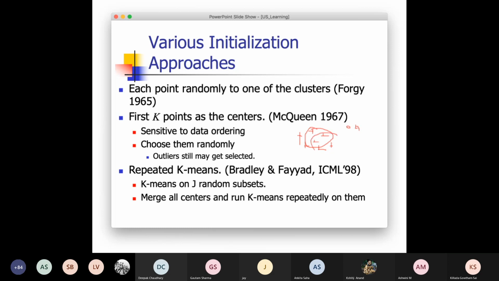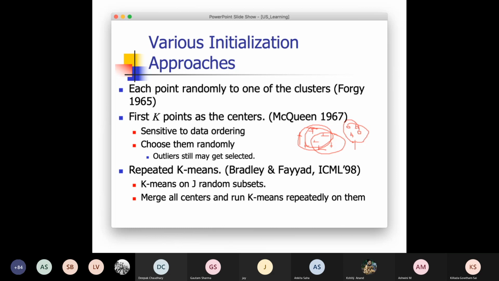Similarly, I can choose another random subset, perform k-means, and I will have two more points. Because if k equals 2, every random subset will give me these 2 points, and then you perform k-means on them themselves, and whatever is the result,